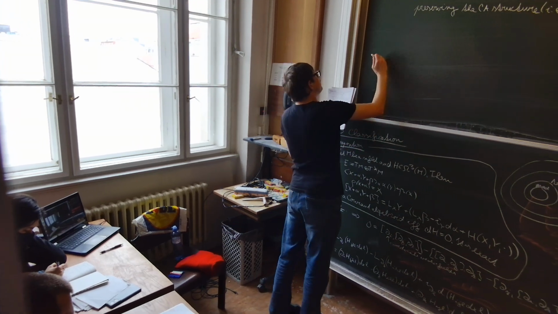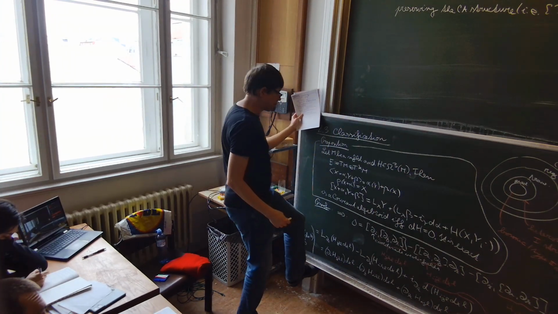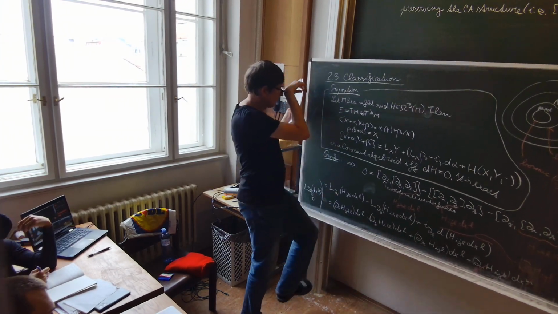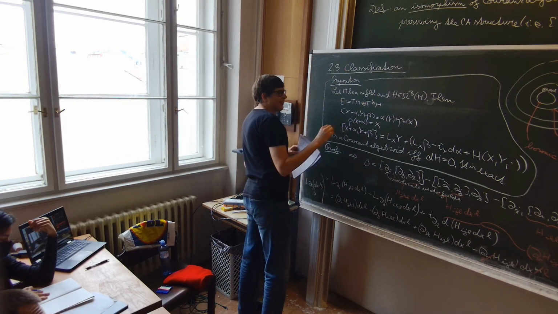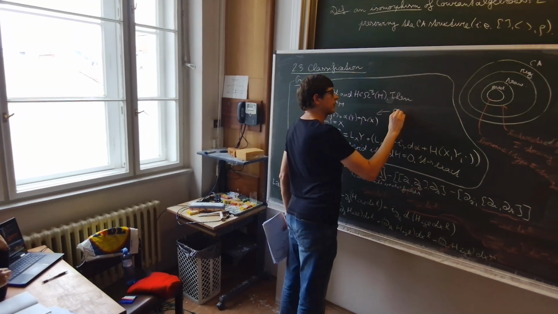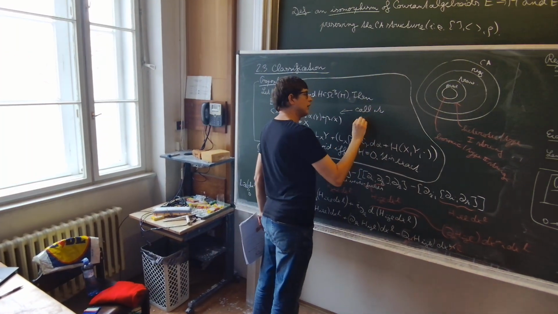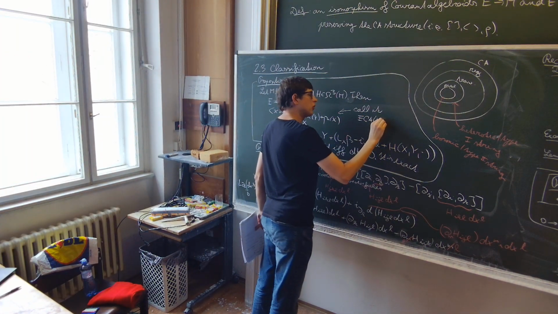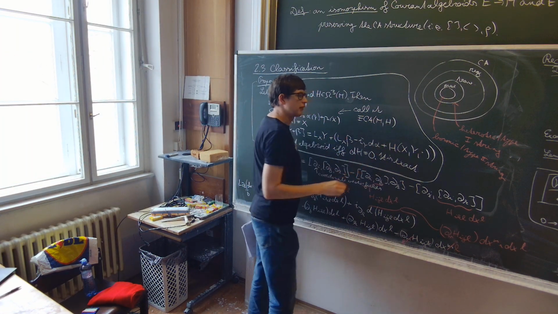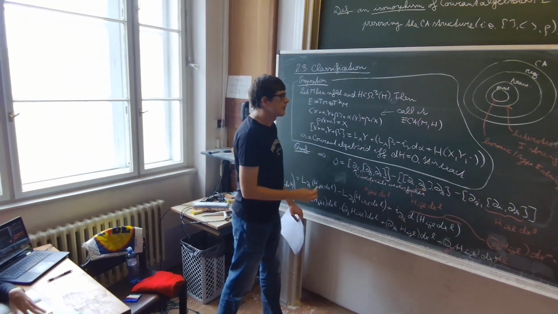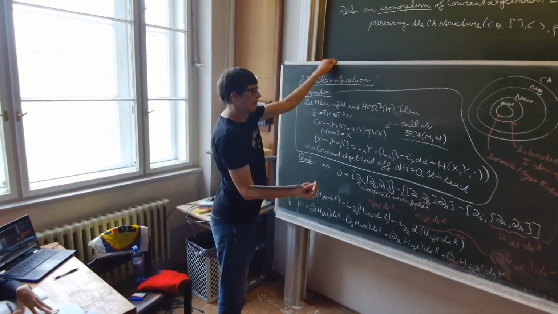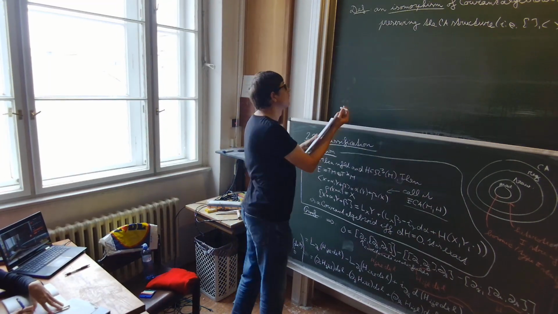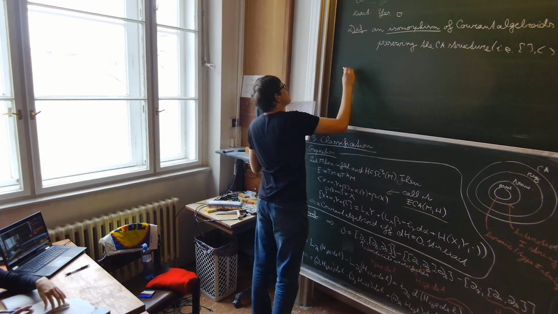Okay, so now let's call this algebra somehow. I decided to call it the exact Courant algebra over M with H. Okay, the silliest name ever. And now the proposition says,